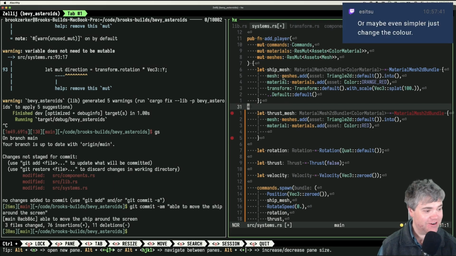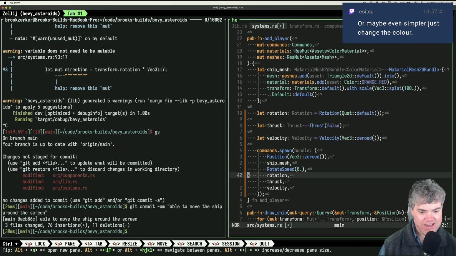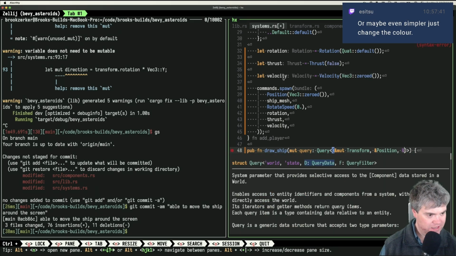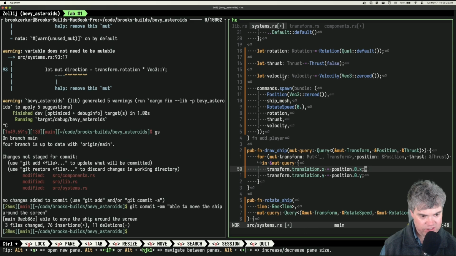We can just change the color of it. I'm okay with that. We can do that with a transform, right? So in draw ship, for transform, let's grab the thrust. Okay, so translation, position. We do all that stuff. That's great.